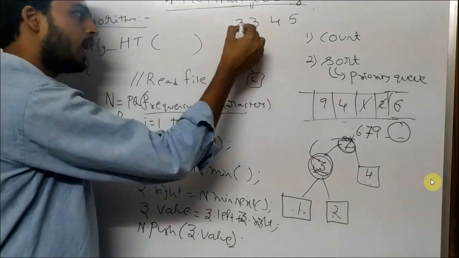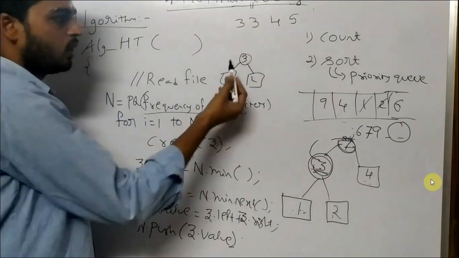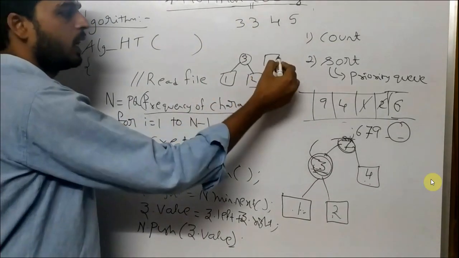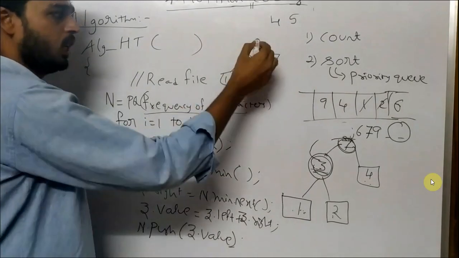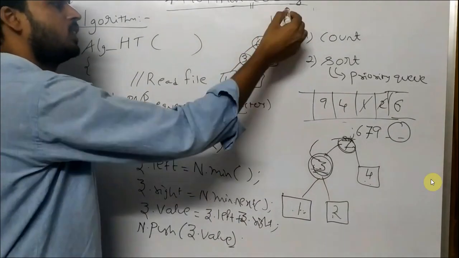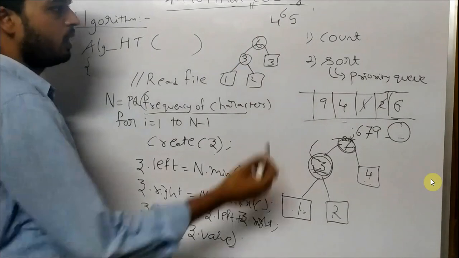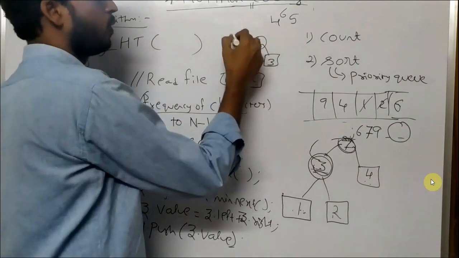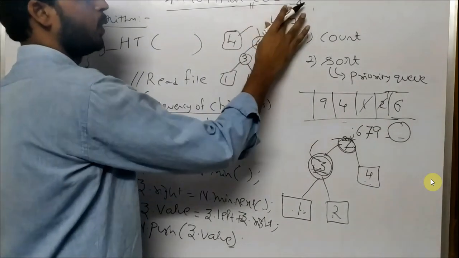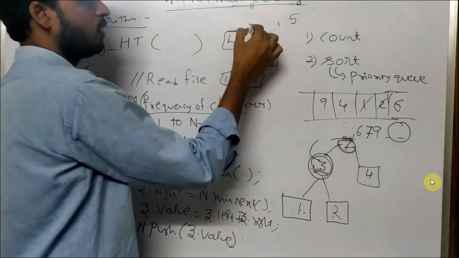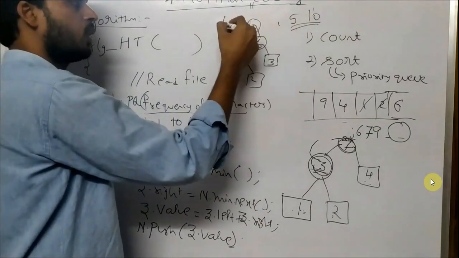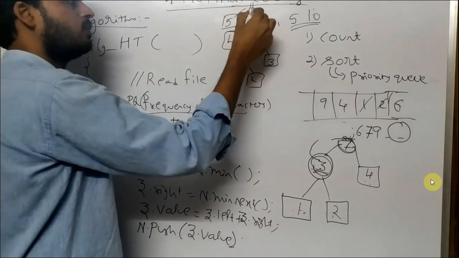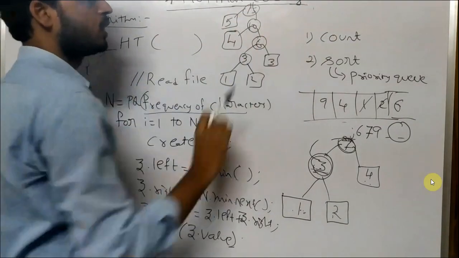This 3 once again I am going to add into the queue. So one node is already created. Now once again a node will be created from these 2, and now I will get 6. This 6 once again I am going to add. Now I am going to get 4 and 6, and their sum is 10. That will be added again. Now 5 and 10, so you are going to add once again, and 5 plus 10 is 15. This way we will stop the process.